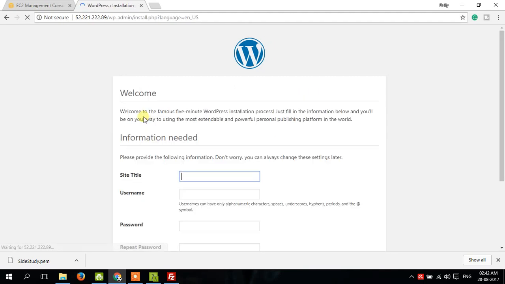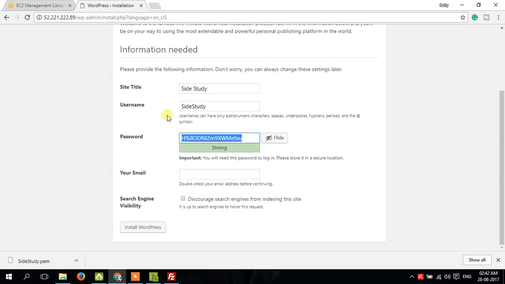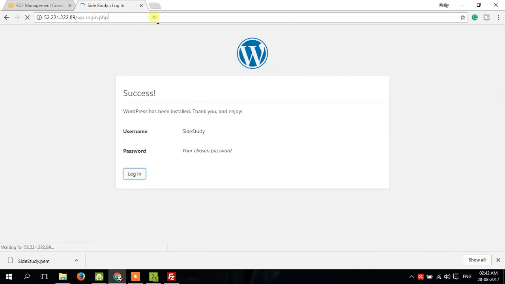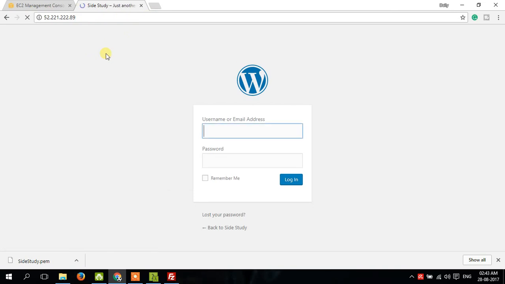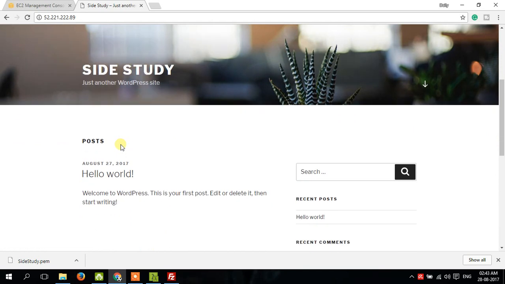So run the install. We can add the title as sitestudy and the username as sitestudy. I will not be saving the password because we will be deleting everything after this, and we will add info@sitestudy.com and install WordPress. So now we have installed WordPress. We can see the website with the help of the IP address. So now you can see that we have installed Apache, PHP, MySQL, and also WordPress,